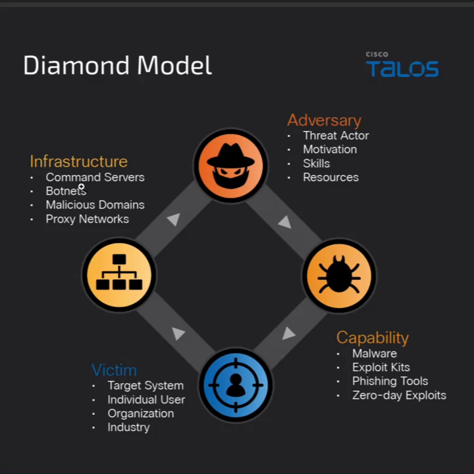So actually, after the first stage, the threat actors have a motive, skills, and resources, create malware, and deliver it through one of the phishing tools, maybe like GoPhish, to individual users that work on the system, organization, and industry. So actually, the adversary needs infrastructure. The infrastructure could be a command and control server, C2 or CNC, and a